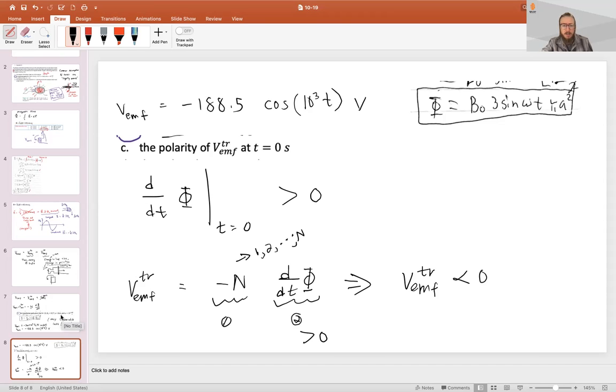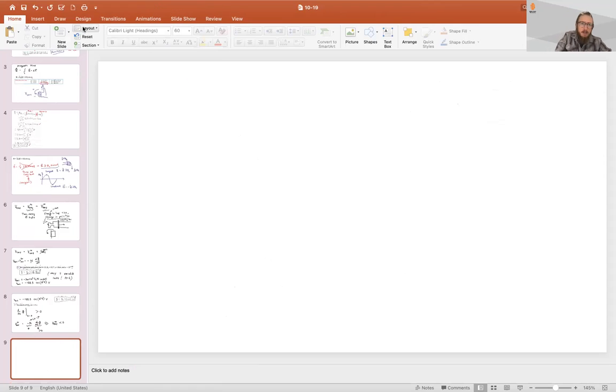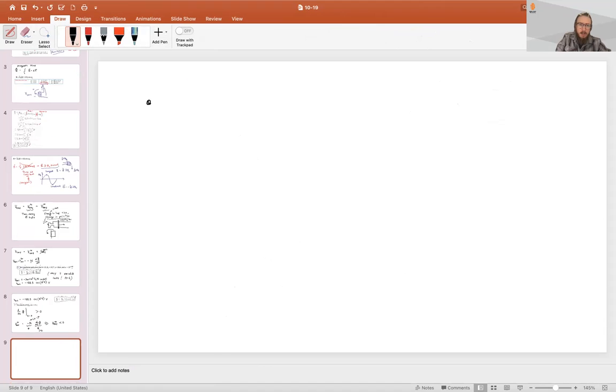law, which tells us that the VEMF is going to be related to the current, which always opposes the change. Okay, so there's always going to be opposition to change in the system. And so the other way that we can think of this is that, right, in our system at that time, so we have our B field,